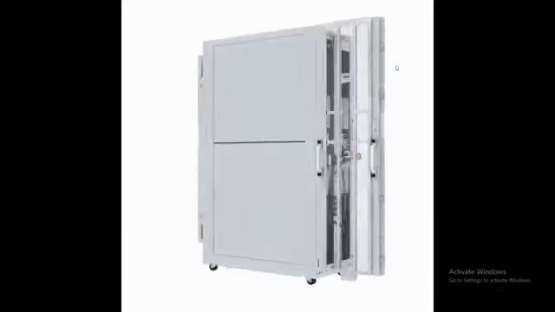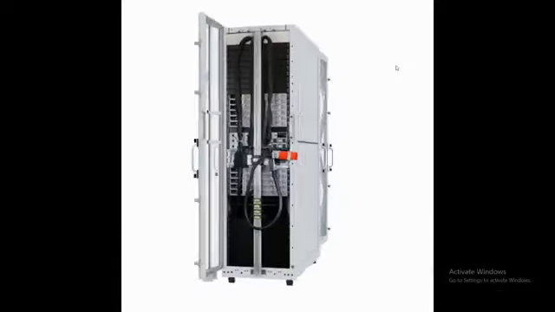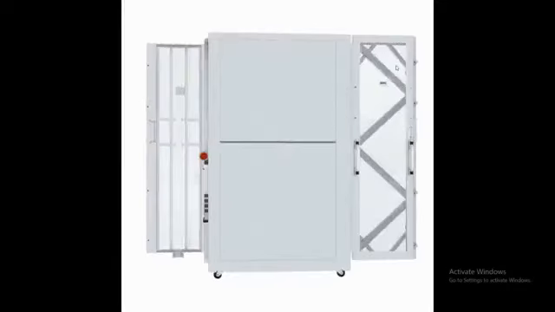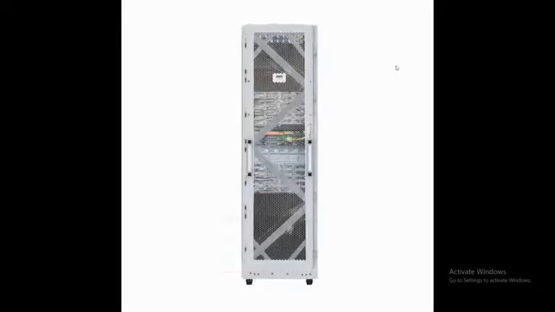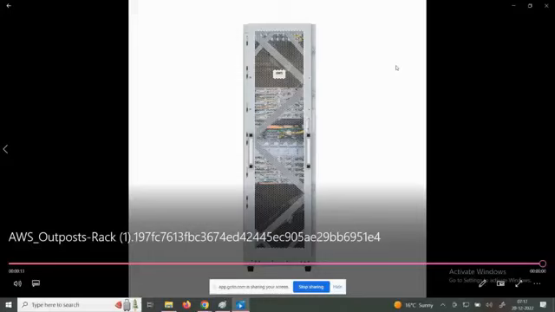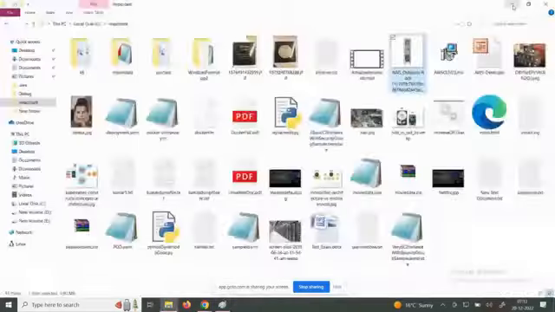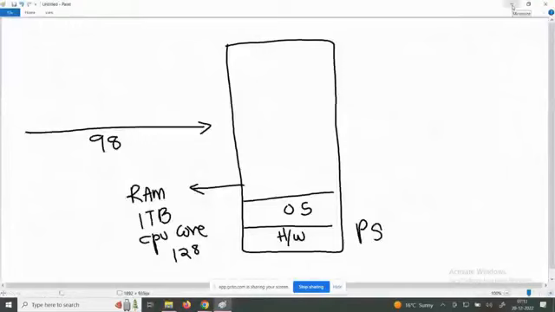What is the new technology which came up in 1999, 2000? Let's take an example: this is 1 terabyte of RAM with 56 CPU cores or a 128 CPU core system. I will purchase this system. Then what do you do, sir? Of course, it is my responsibility to install the operating system. How am I installing the operating system? With the help of a CD. Happy? Very good. What is the new technology?